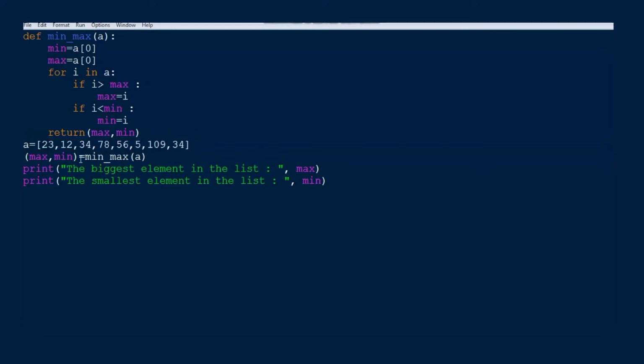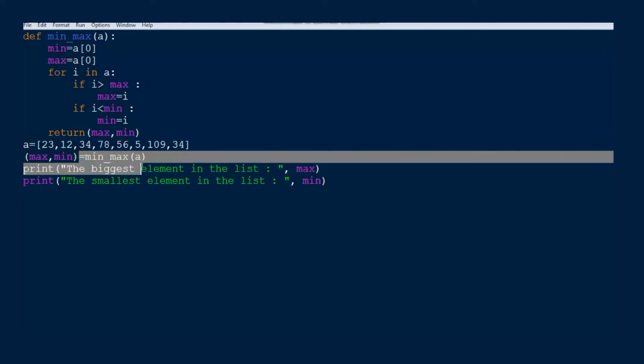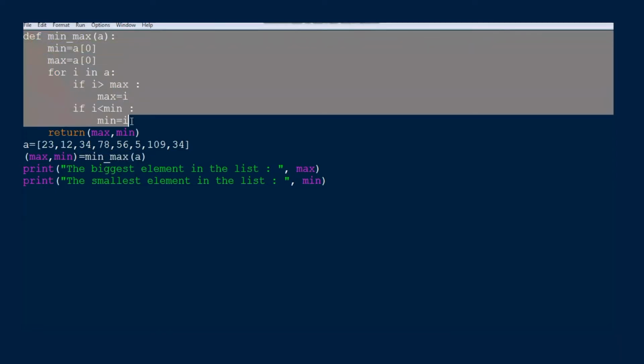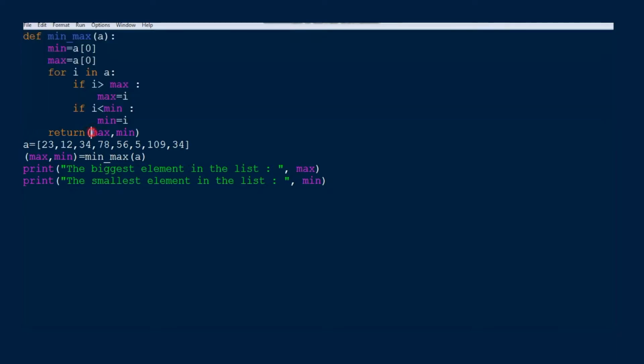In the function, we find the smallest and biggest element in the list. The smallest and biggest values are returned using the return statement from the function. Just note how we return multiple values from the function.